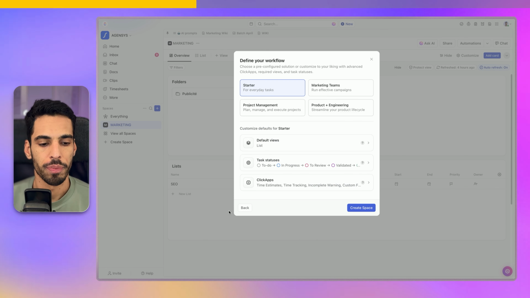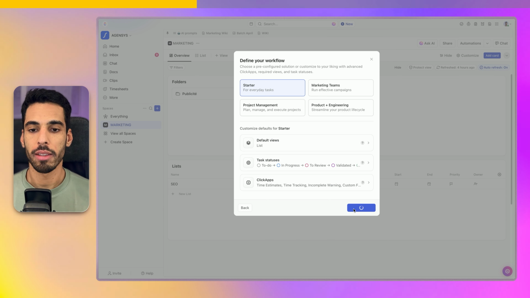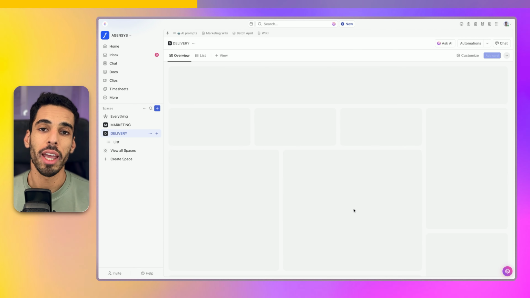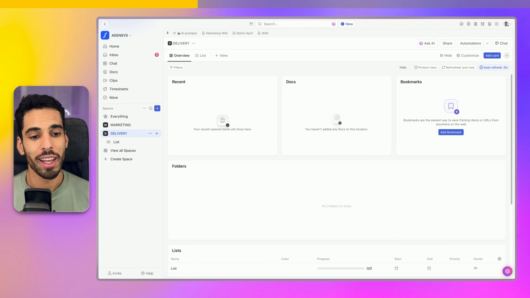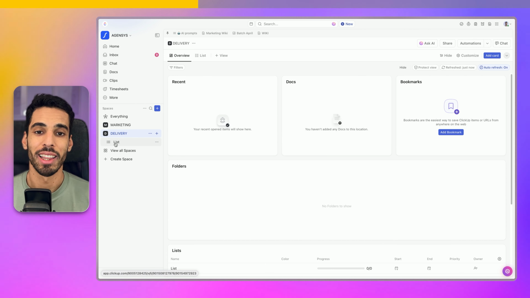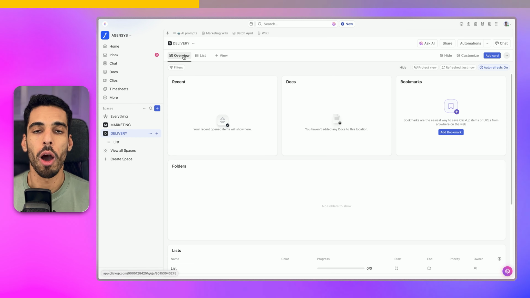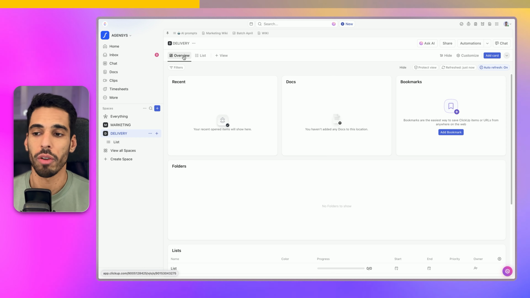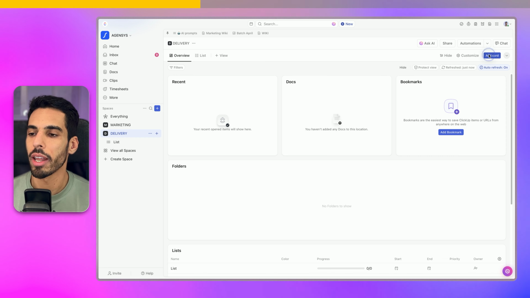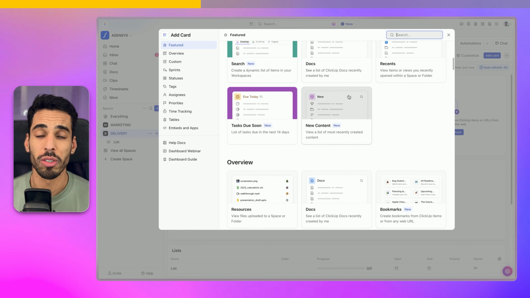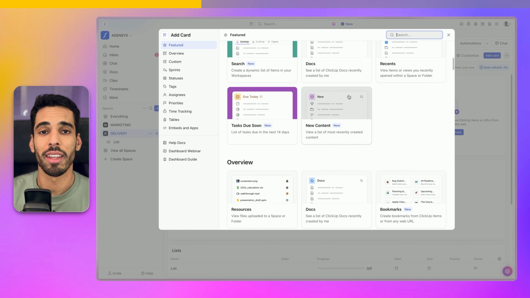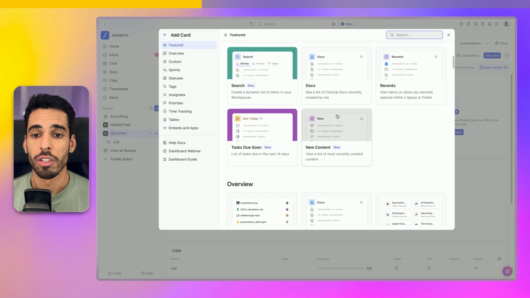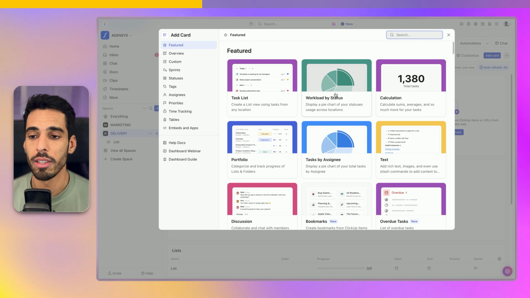So I'm going to click done, and then from there, I'll click create space. So ClickUp is going to create that first space for me, and in there, it's going to create an empty list. And it's going to create two views right here. So one is going to be called the overview, and that's a brand new feature of ClickUp. It's kind of similar to a space dashboard in the sense that you can add as many cards as you want, and those are actually the same cards that the dashboard feature offers you. So you could see the tasks by assignees, you could do some calculation, stuff like that,